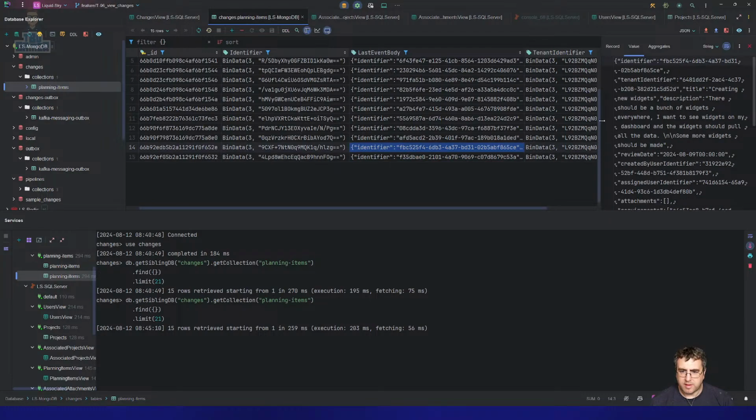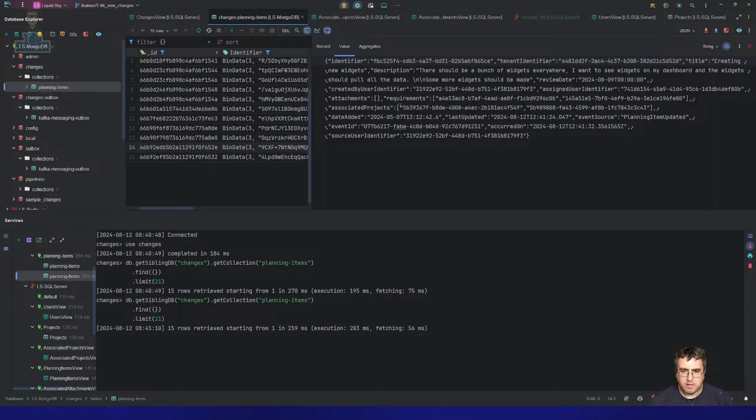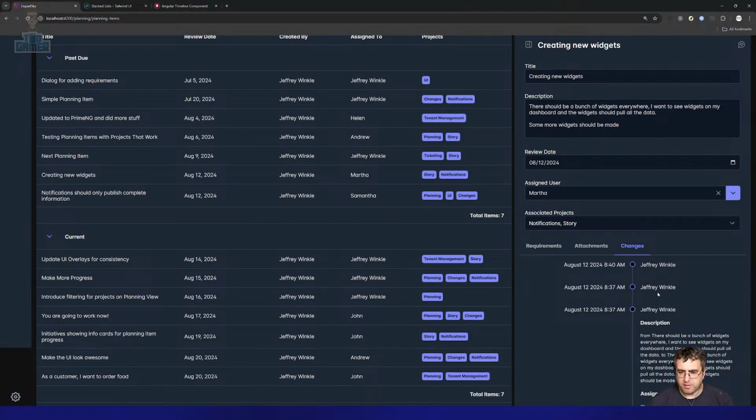Creating new widgets. So this is that one, right? So this thinks it's got these projects associated. Let's see if it now. This was working. We have had this working. This is creating dumb changes because it's just